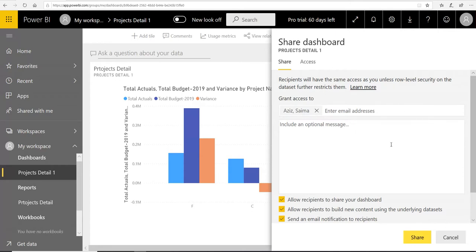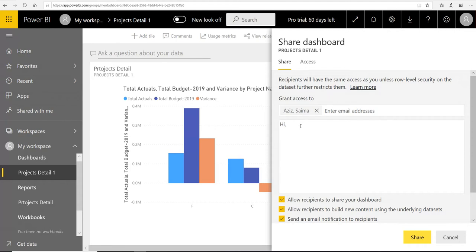But I am giving you some homework: write down your personal email. If you have some Yahoo or Gmail addresses, write them down and click on share. It will not allow you, there will be an error. So always, this is the important point, if you are registered with Power BI, only those people who are registered with Power BI will receive this email. So this is the optional area.